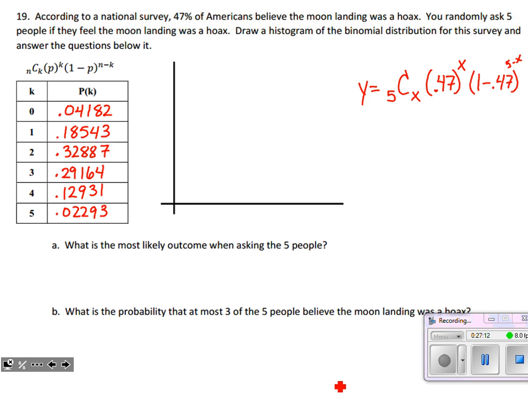All right, now in order to tell what's the most likely outcome, well, we can use our table and look for the highest probability in that output, but it would be nice to set up a little distribution there. We're going to be working with graphs of distributions when we get to chapter 11, so it's nice to understand and interpret those. Our input variable is k, and the output is the probability of k successes. So let's mark out all of our options. We got 0, 1, 2, 3, 4, and 5.